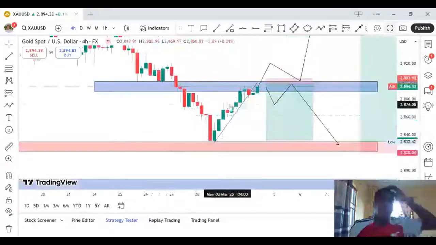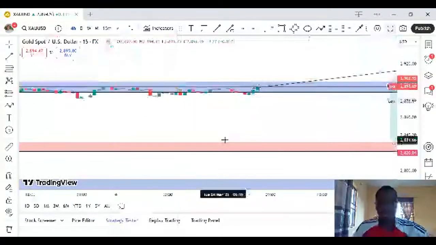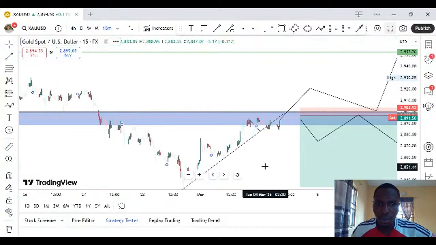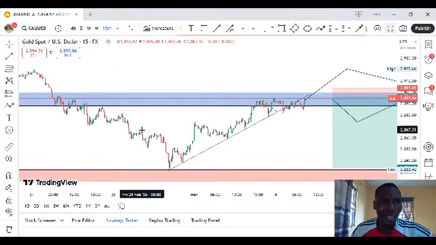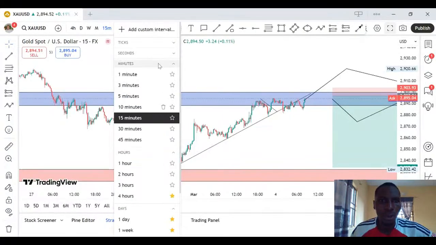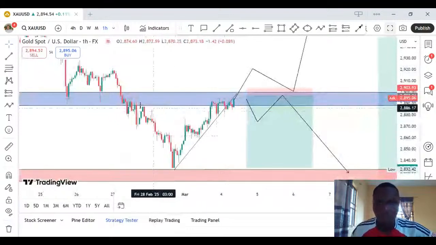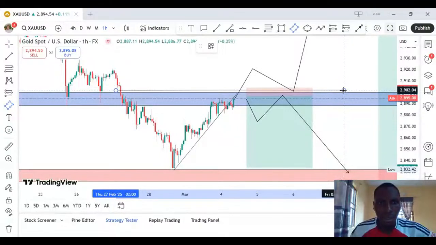So that is that on gold. They have nothing much to say. If I should go to lower time frame, there's something I want to share. You see, in forex, once you are right, you're right. Once you get your analysis right, you are actually good to go. There's this SMC trading method where they talk about fair value gap and imbalance and all that.